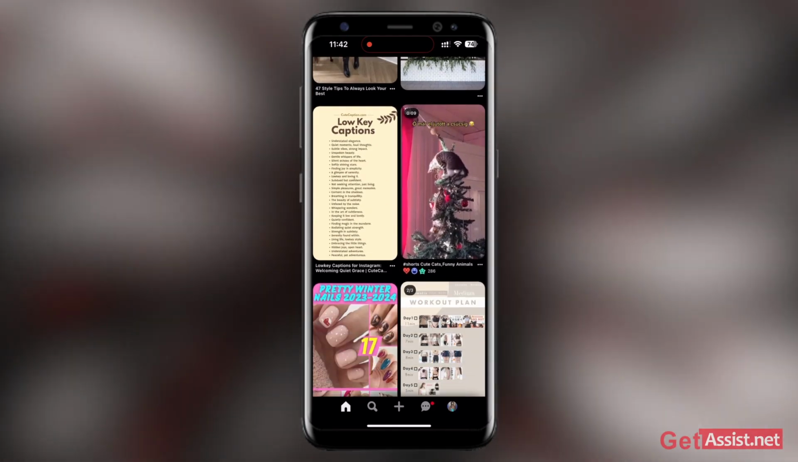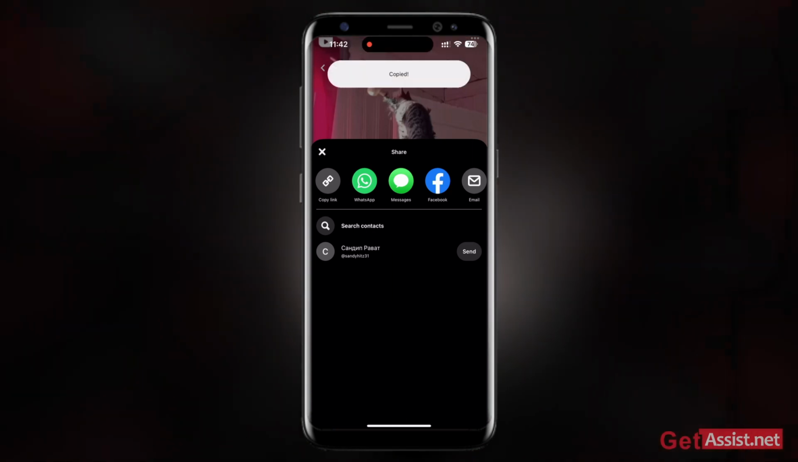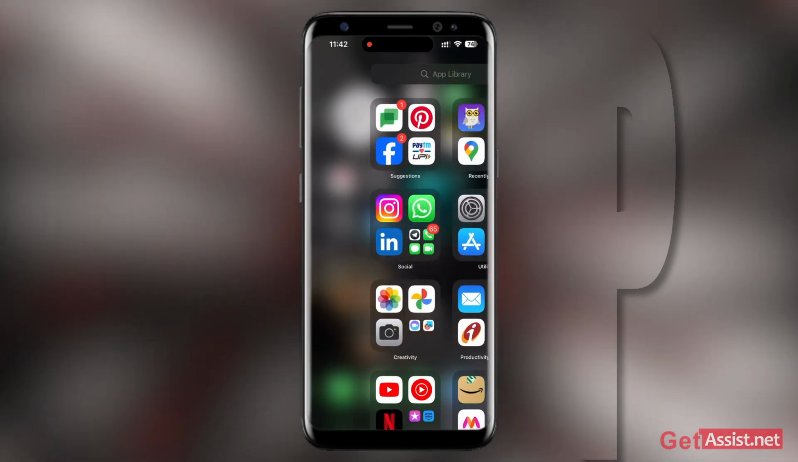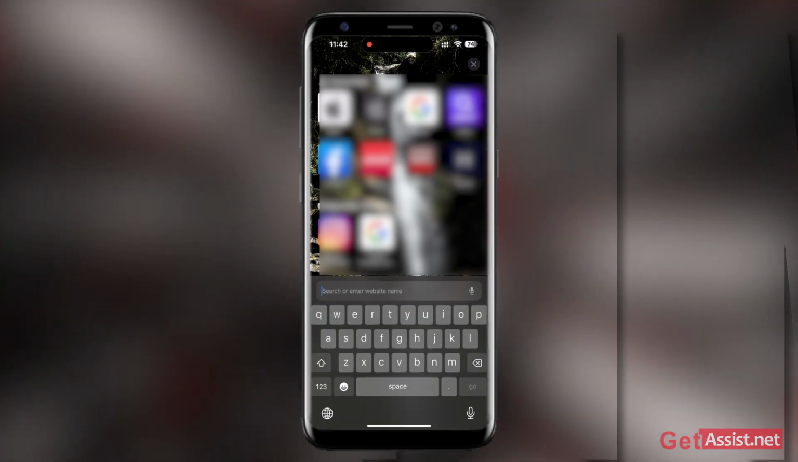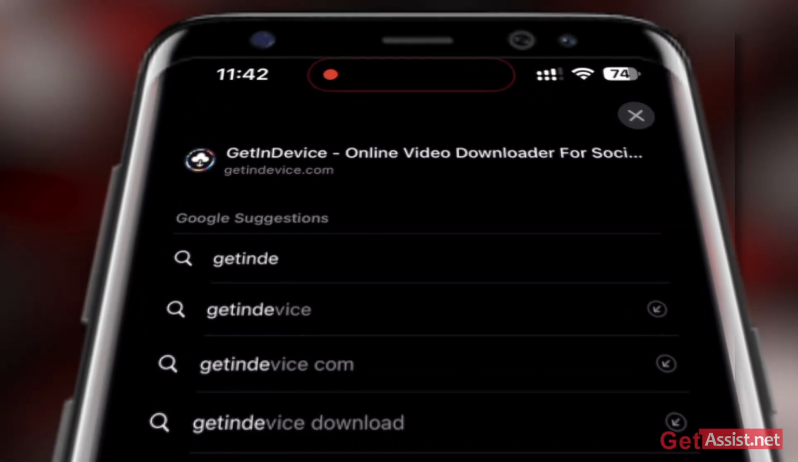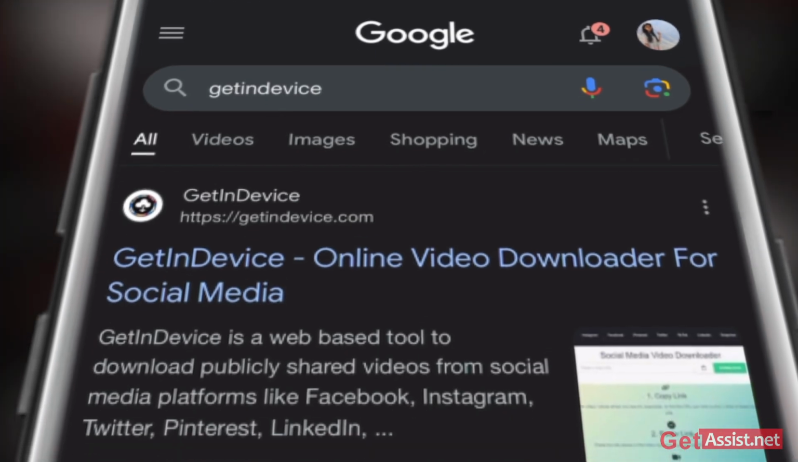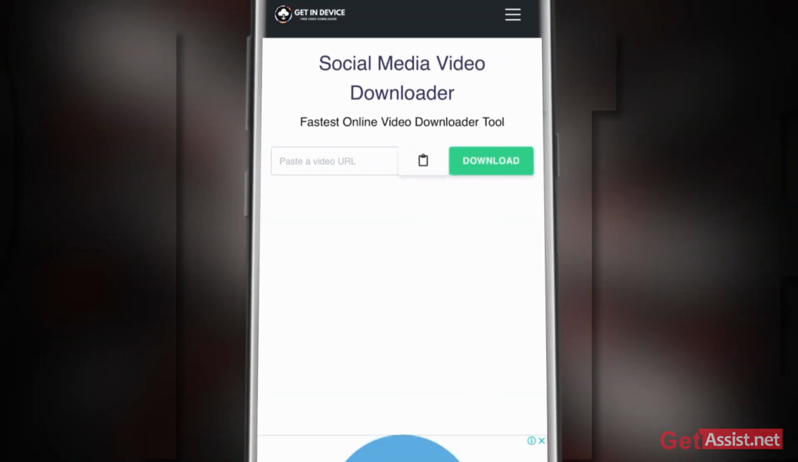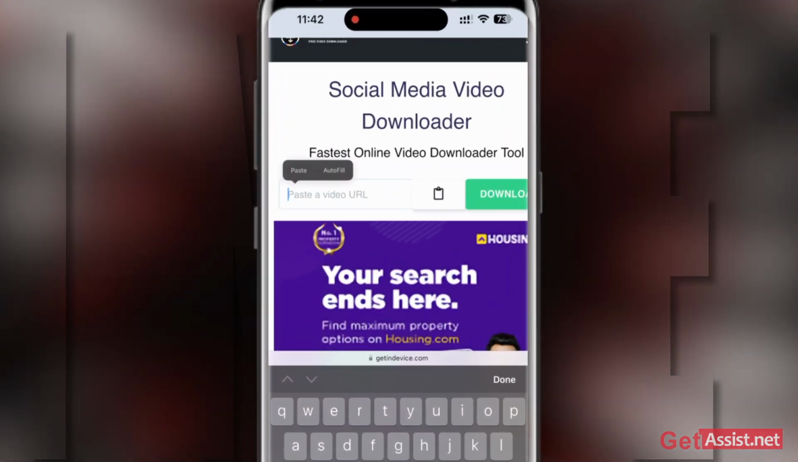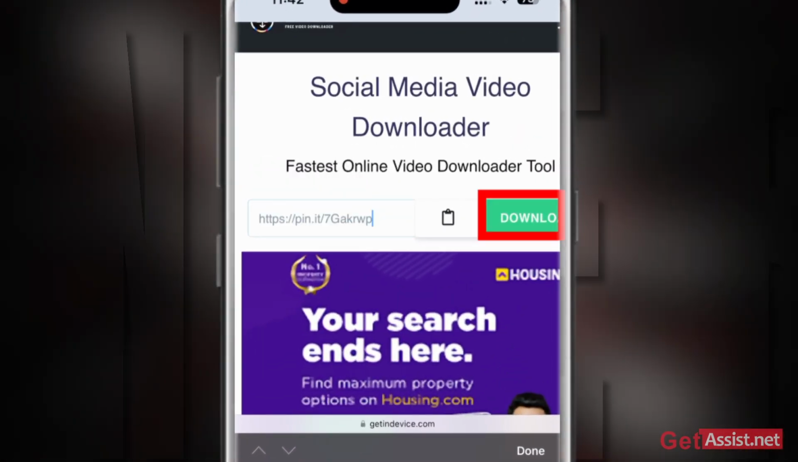Go to any video on Pinterest, copy the video's link, go back to the main page and open Safari or any browser you use. Type get in device and now search. Select the first option, paste your copied URL, tap on the download option,